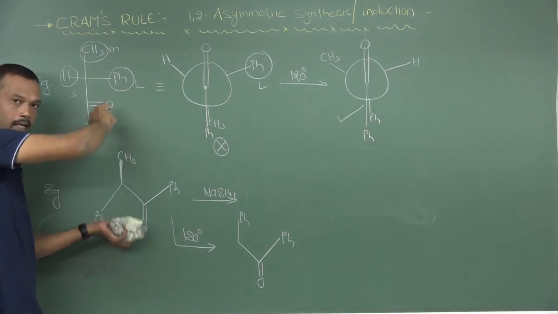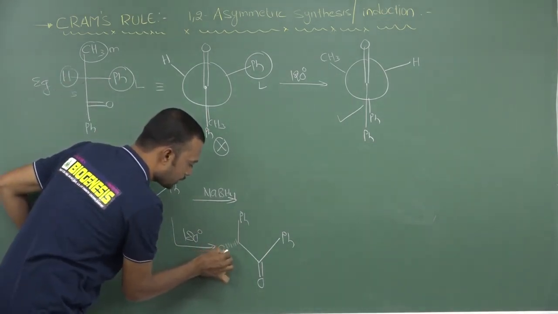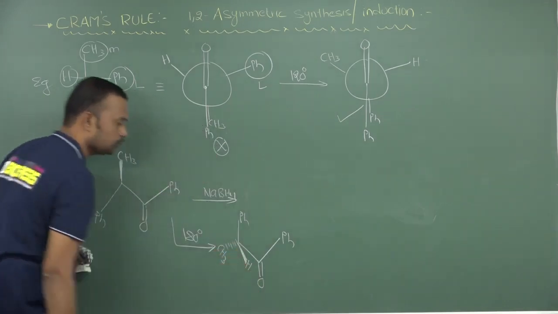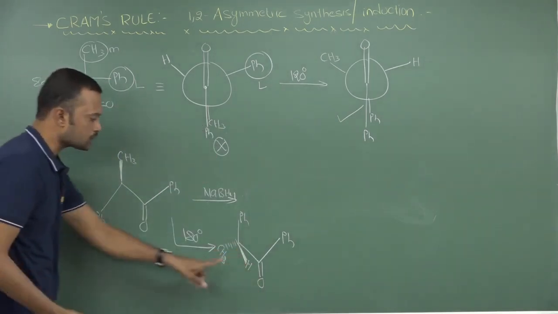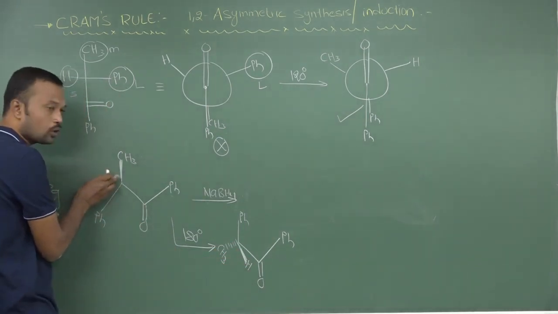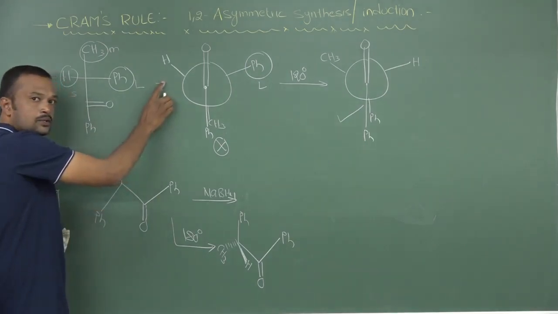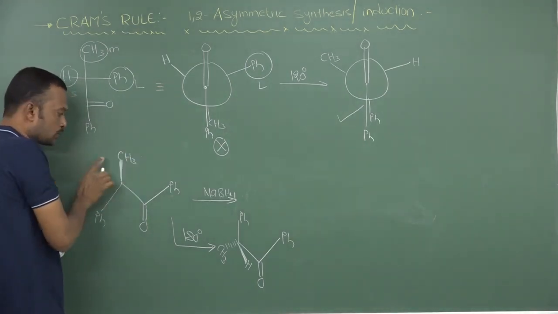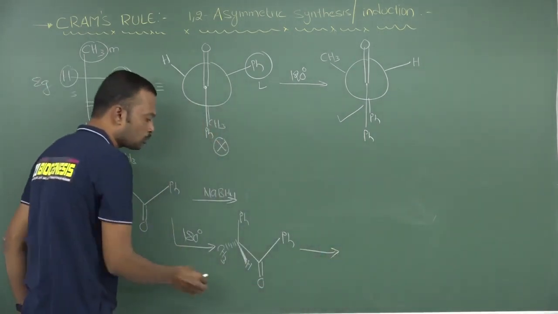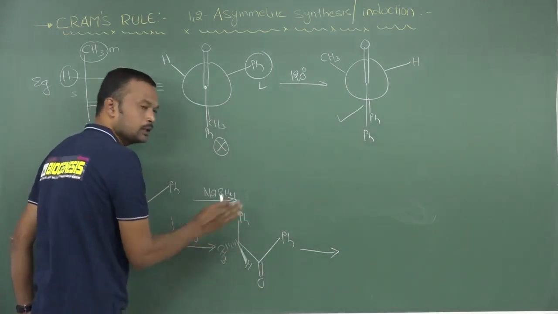So if you rotate like this, here you may get a methyl group exactly in the backward direction, and wherever hydrogen is present, that goes above. Now it is completely in the above direction. Why? Because here the hydrogen orientation is in a dotted line. Now if it is brought like this, this goes exactly opposite and this comes exactly opposite. So after that, see where the small group is present: the small group is over here, this is the medium group. Now you will attack from the above direction.